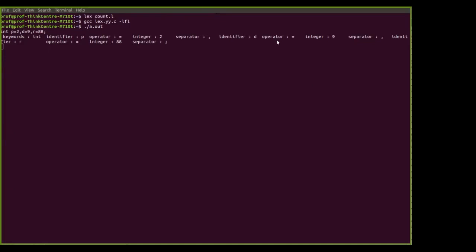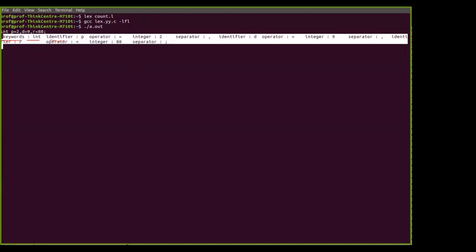Now if you see the output: int is a keyword, then identifier p, then operator equal to sign, then integer 2, then separator comma, then identifier d, operator equal to, integer 9, separator comma, identifier r, operator equal to, integer, and separator. These are the different tokens generated.